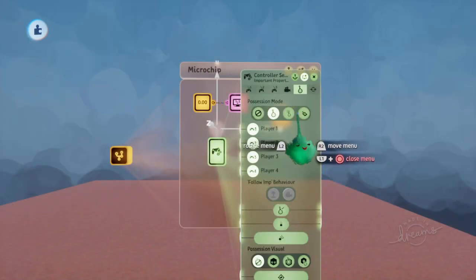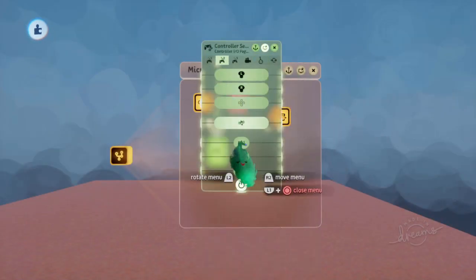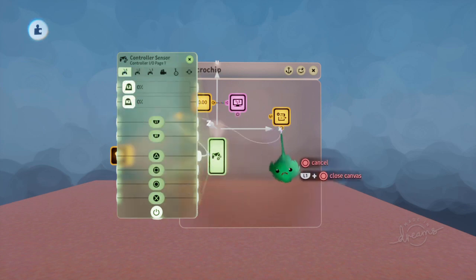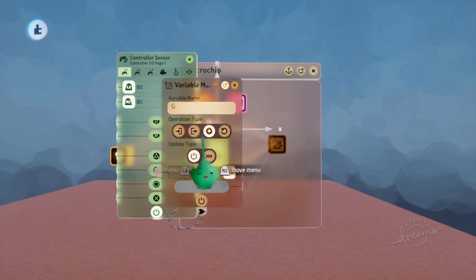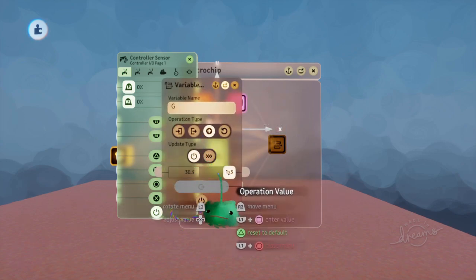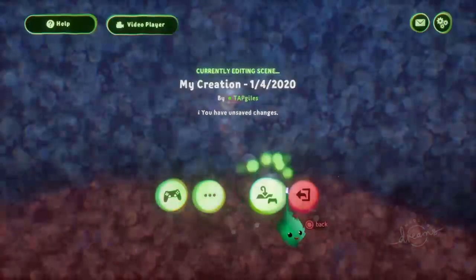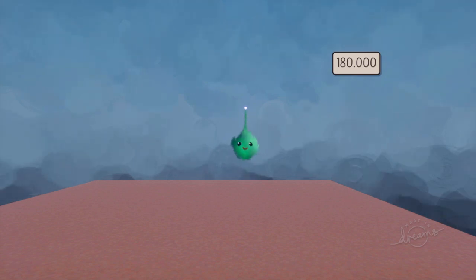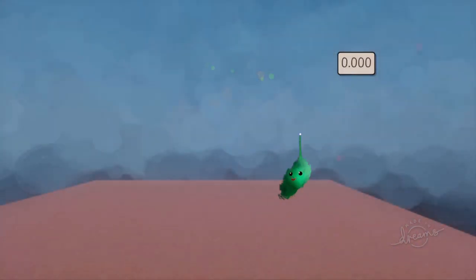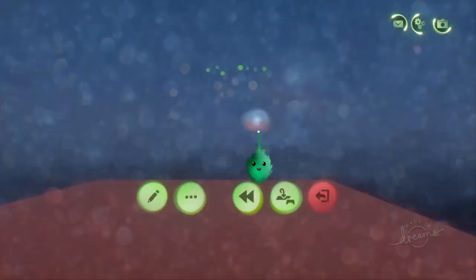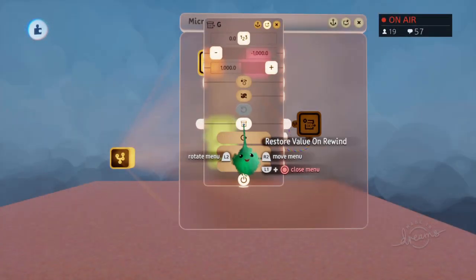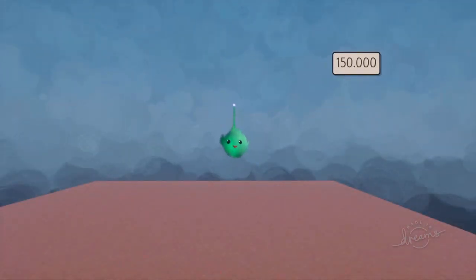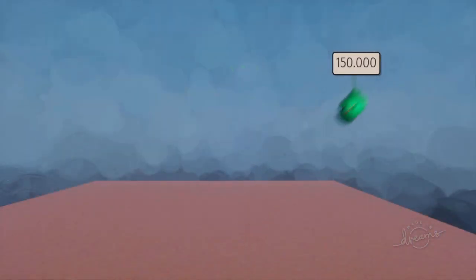So let's use a controller sensor in remote controllable mode, which means we don't have to possess a puppet or anything. And I'll use triangle to power that modifier. So every time we press triangle, it'll add this value. So play mode, and then I'll press triangle a few times. Now we're on 180. If we pause and rewind, it resets to the value it already had. However, if we turn off restore value on rewind, and then try it on 150, and then it keeps that